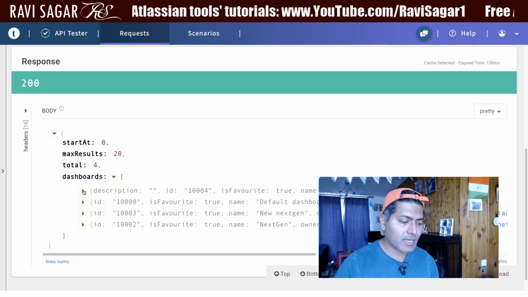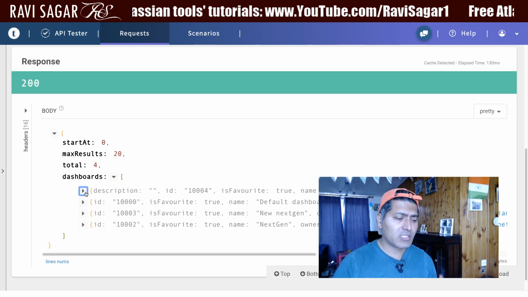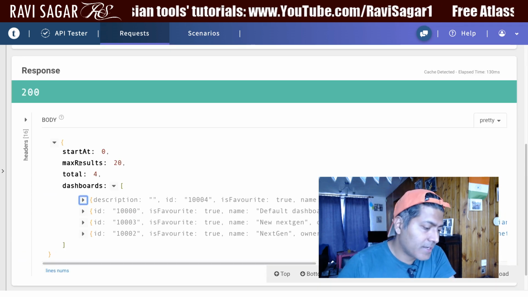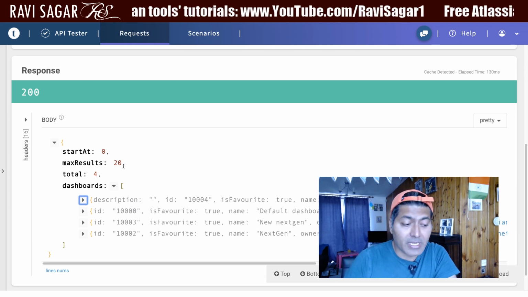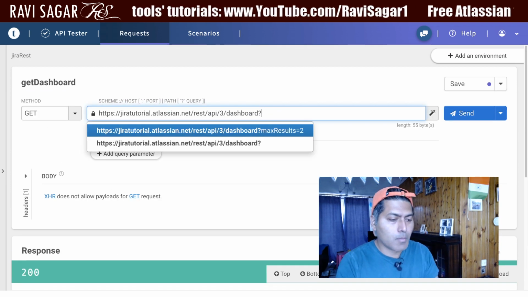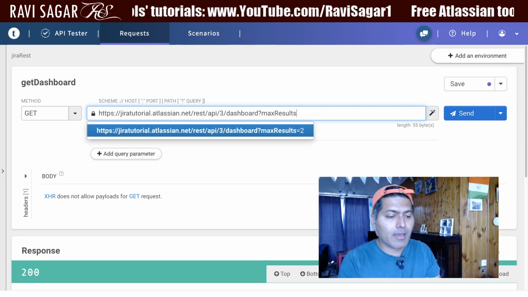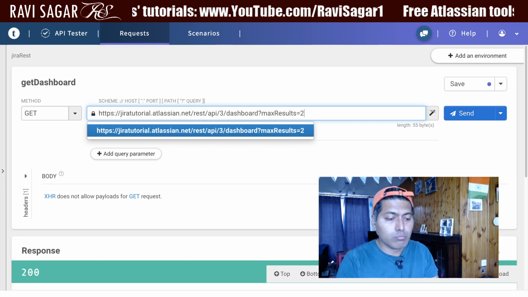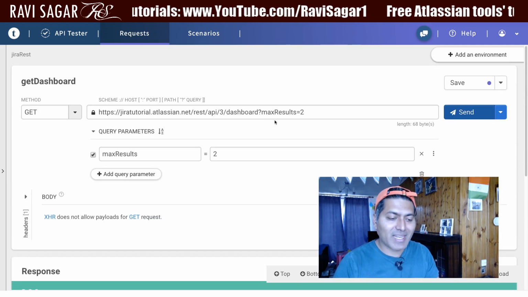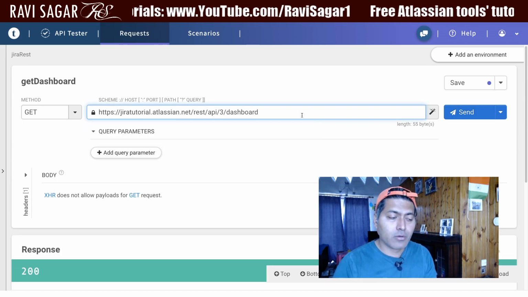Now let us take a look at the JSON file here. Before I talk about the JSON file, I just want to quickly mention that for this particular endpoint, it says that maximum results is 20. You have the option to control it, and if you pass one more parameter, like maxResults equal to 2, and if you click on the button now, it will give you only 2 results. So you can actually control it, and these things are of course mentioned on the page that I showed you earlier.